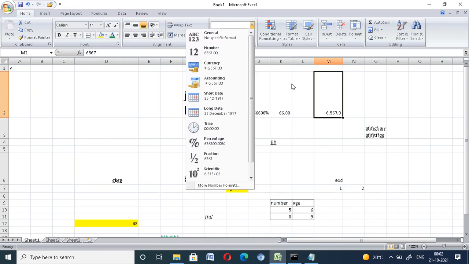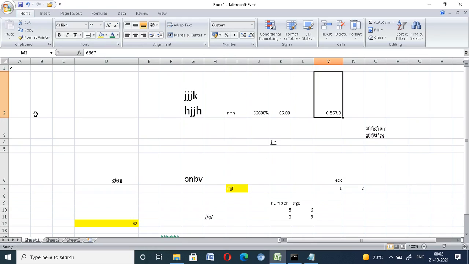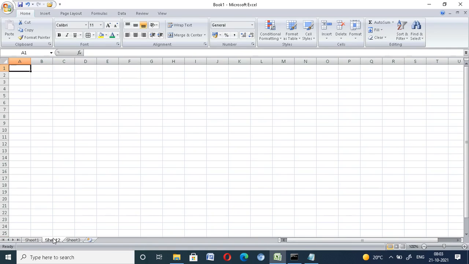Now conditional formatting. What is conditional formatting? It highlights interesting cells and unusual values, and uses visual data bars, colors and icon sets based on criteria. I will go to another sheet, sheet 1, sheet 2, sheet 3 are already open, just for an example for conditional formatting.